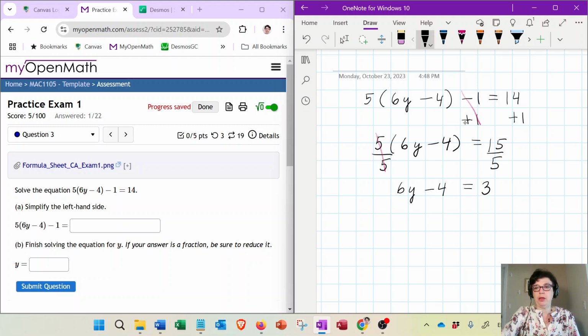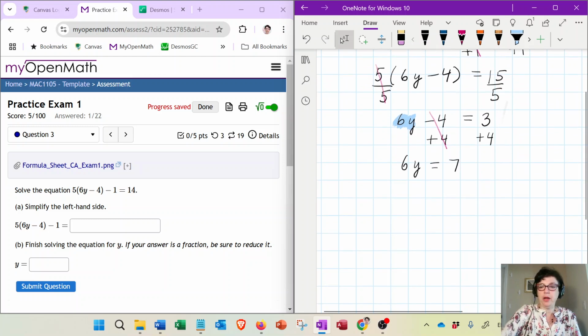Now, the next step again, to isolate the term that has y, which is the 6y, we will call the left-hand side the variable side. And then we want to move all the constants to the other side. First, we are going to add 4 to both sides. And that'll get rid of it from here. And then we're going to wind up with 6y equals 3 plus 4. So that's 7. And finally, we're going to divide everything by 6, because again, this is multiplication. So to undo it, we're going to do division. And that will cancel it over here. So we'll get y equals 7 over 6.